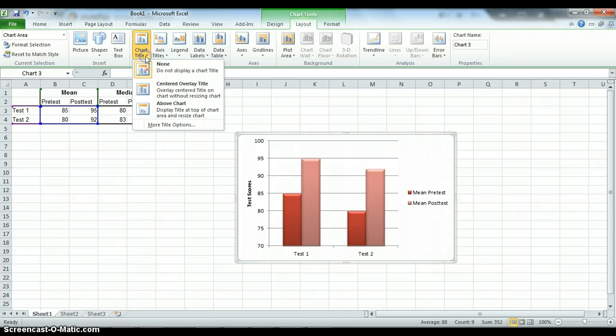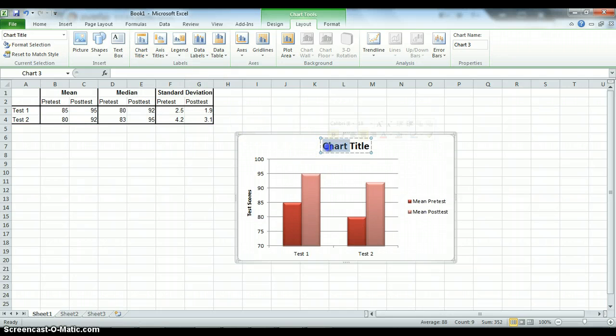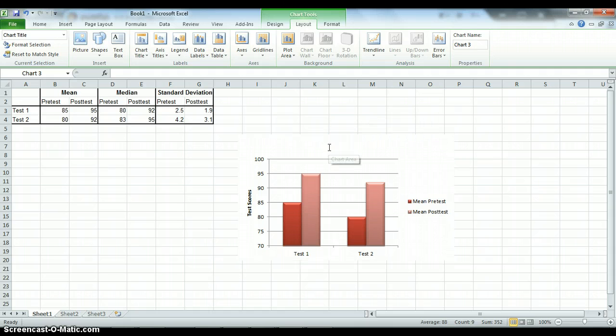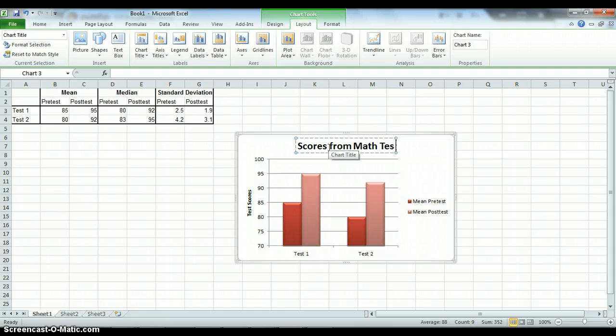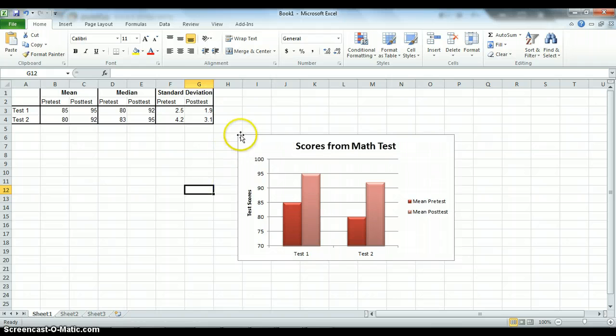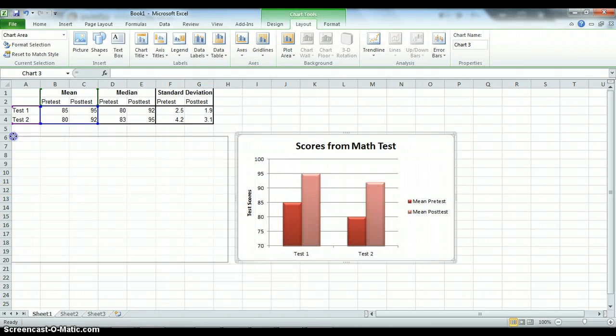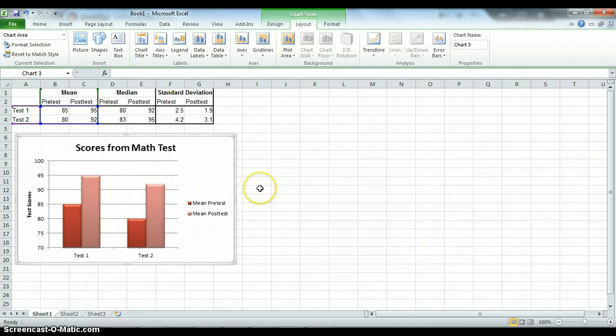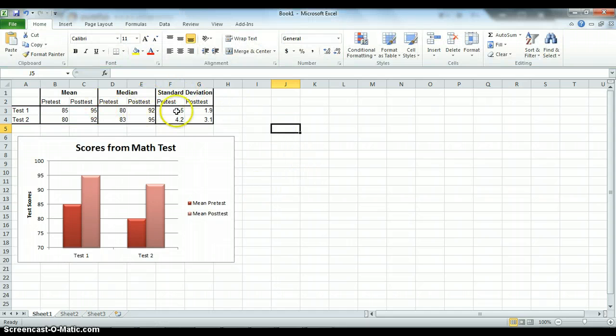I also want to include a chart title because every chart should have a title. Scores from math test. And that is the chart that we would need to graph the mean of the pretest and post-test. Now, for graphing these other ones, it's pretty much the same thing, except there's one little bit of a shortcut